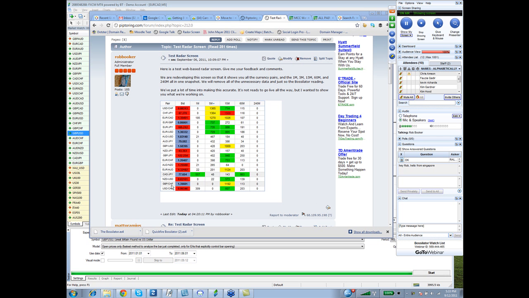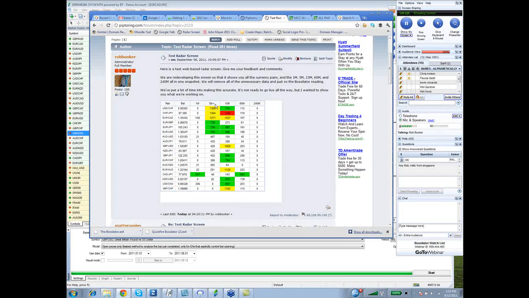It shows a whole bunch of currency pairs, the most recent bid price, and then the 1 minute, 5 minute, 15 minute, and 60 minute Bossilator readings on all those pairs. And we are now collecting data so that we can also show you the 4-hour Bossilator readings. This is a very quick way to immediately size up what trades you want to take and what chart you want to look at. And as you can see here, Scott, I sorted it by the 5 minute charts, and